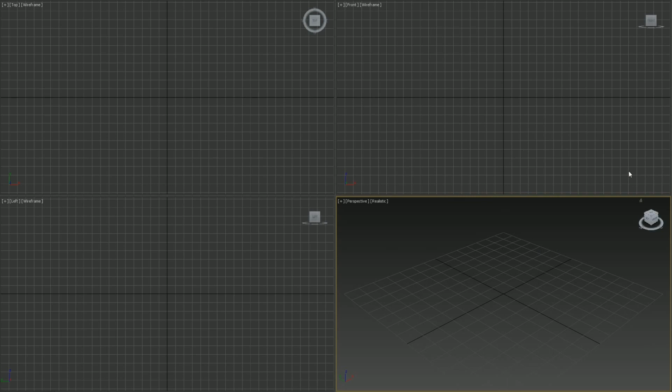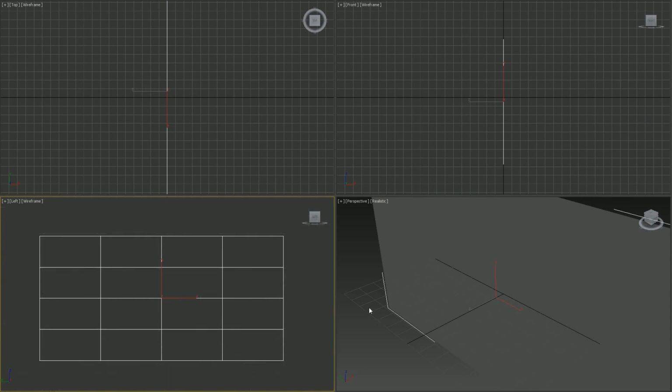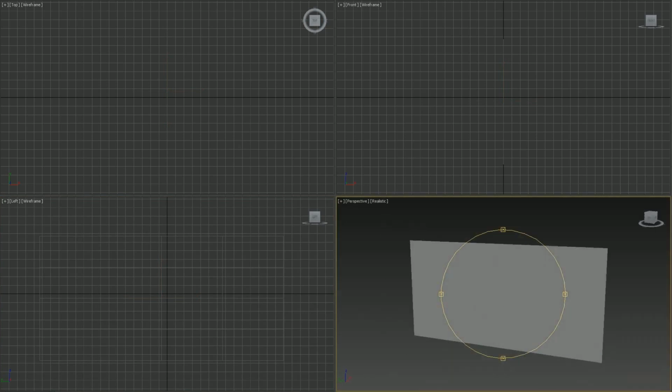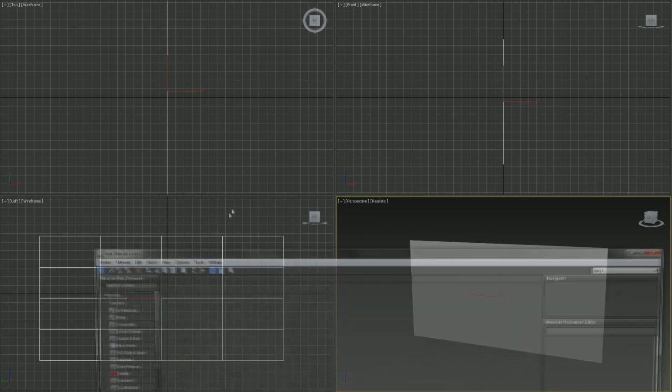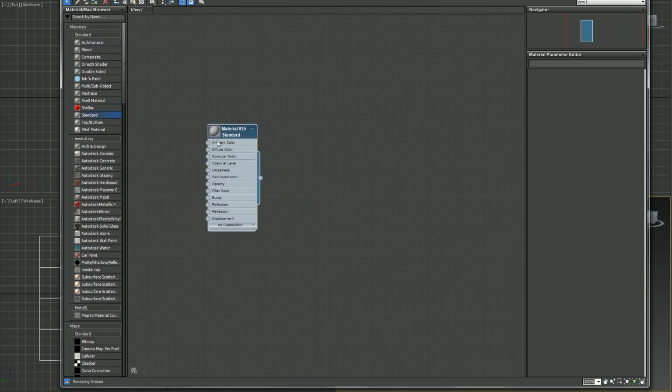So first off, I'm going to start by creating a plane in the left view. Right now I don't really care about the size. Take off the grid and brackets in this view right here, and I'm going to open the materials tab. Move it up here so you can see. And I'm going to create just a standard material. And I'm going to double click it and click on the diffuse toggles button, select bitmap,